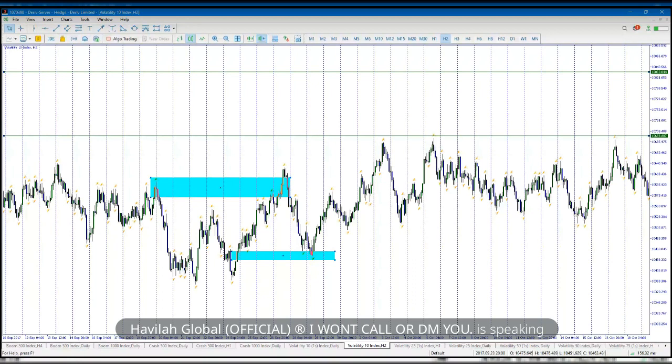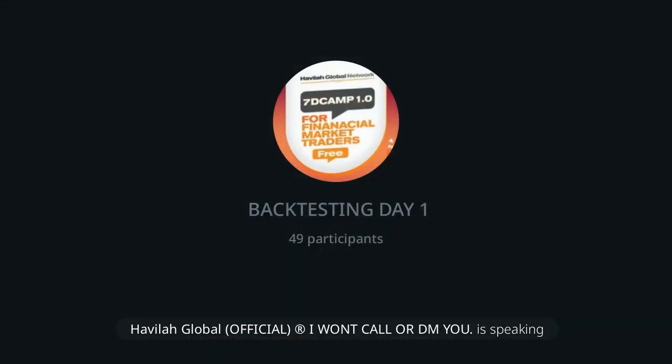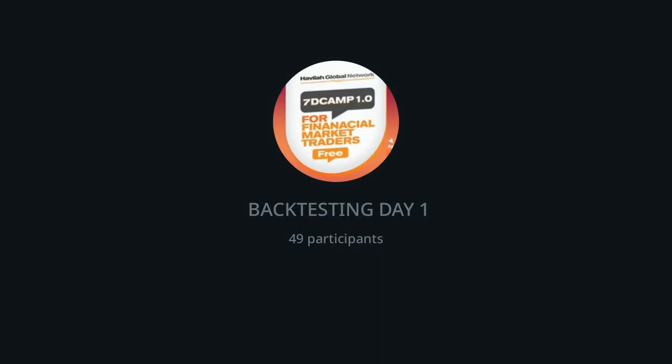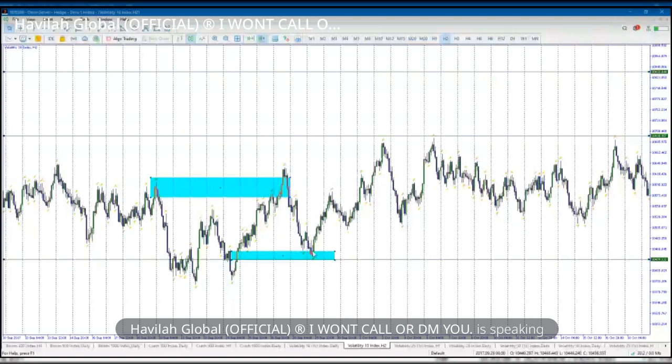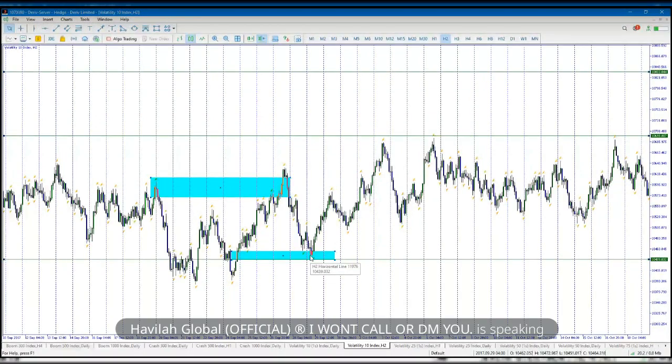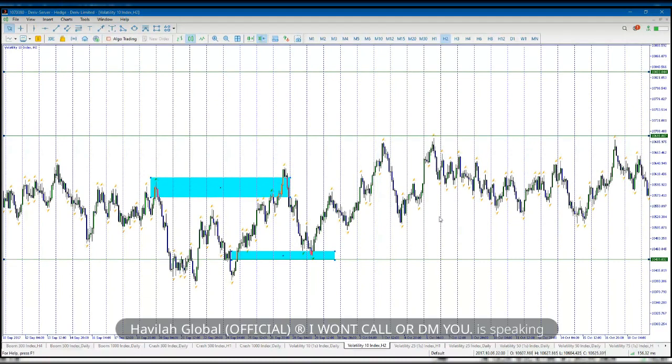So see what happens here. It broke structure, came back to that imbalance, and didn't fill it up, because this is the fill of the imbalance. If you put your entry here, price will just go and leave you. It still doesn't mean you are a bad trader. But if you've been observing that asset enough, you would have noticed that V10 rarely fills up imbalances, and it will give you an edge.